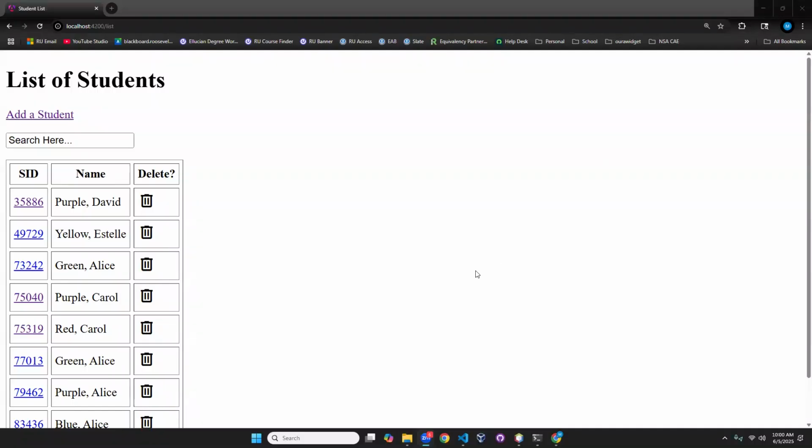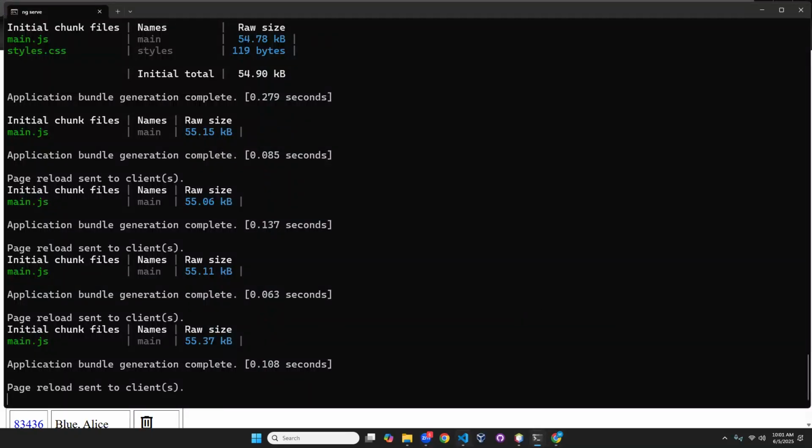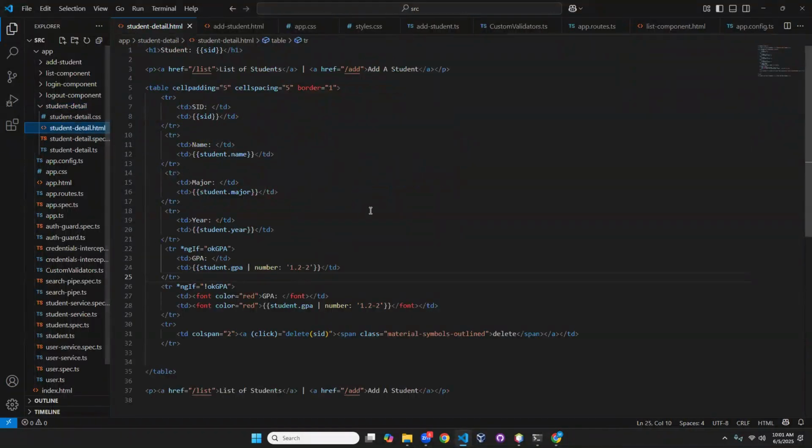Okay, as I said, we got the basic functionality working. So we're going to go ahead and start with the detail. We're going to wrap up with logging out because we're going to actually hit all the pages, so we're going to do log out last. All right, so with student detail, all we're going to do